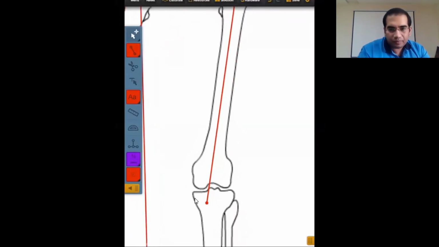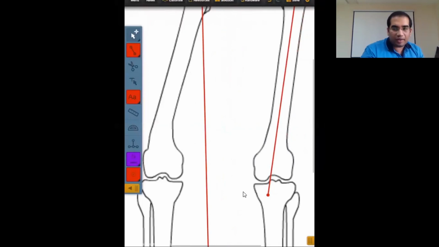How medial is it? This line should cross the femoral portion at a point which is in line with the medial tubercle, the medial eminence of the tibial spine. So on the normal side, you will draw the distal anatomical lateral femoral angle starting from the point which is in line with the medial spike of the tibial spine. This is very important.